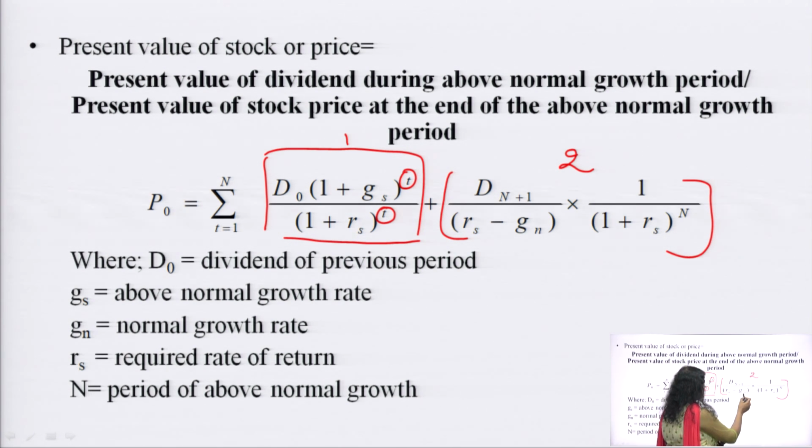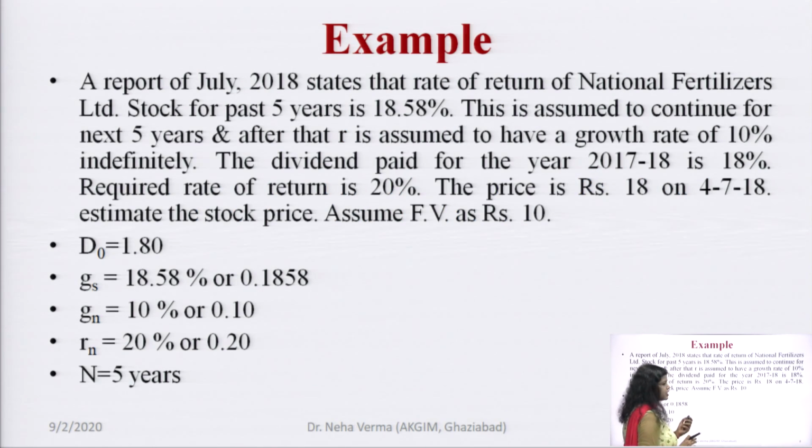Then divide by Rs minus Gn. Gn is the constant growth rate. Then Rs here again is the required rate of return, and N is the number of years in which the entire equity investment is made, and this is the period in which the equity investment reaches the second stage of the valuation. So, this will be more clear in this particular example,